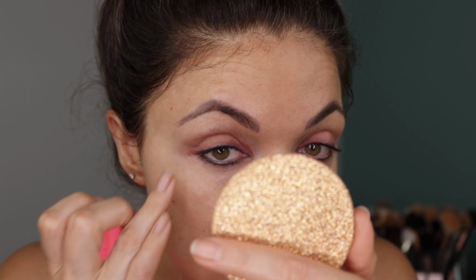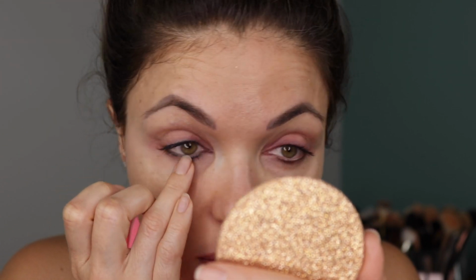Okay, so I will say my skin definitely feels good. It feels very soft, but you can definitely feel a little bit of oil residue there. Now that might not be a bad thing if you have really dry skin, but since this does seem to have a scent, I don't know that leaving this on if you are fragrance sensitive would be a good idea. That's just a couple of thoughts for me. I don't really have a lot of fragrance sensitivities, so I don't think that would be an issue for me. However, I can still see a bit of eyeliner left over,